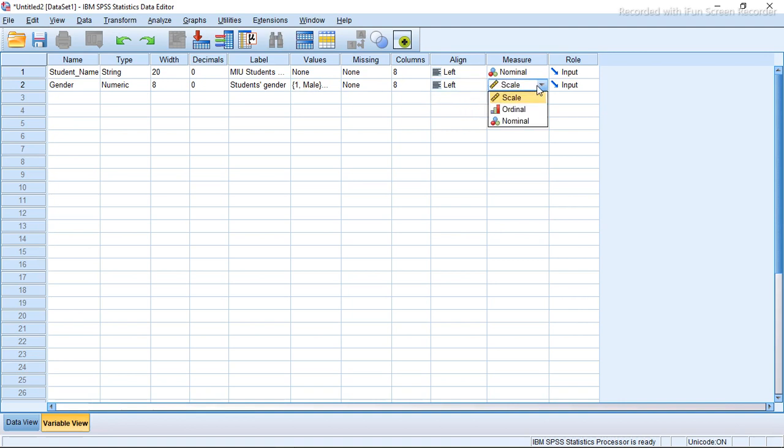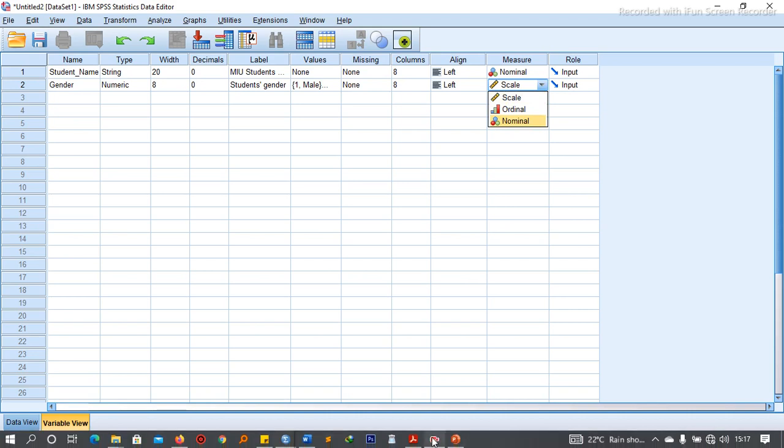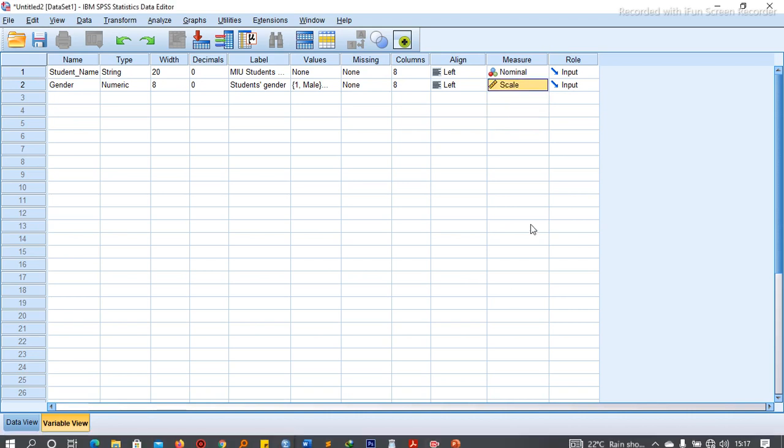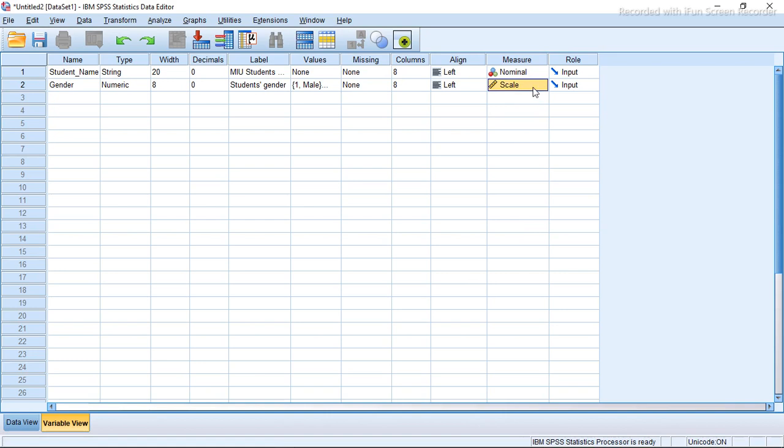Then here, nominal. Is it ordinal or nominal? But you can leave it as scale. But most times you call it ordinal. You get? You call it ordinal. Or you can even say nominal, because it is also nominal data. It is just nominal. You get? Nominal data. If you say scale,